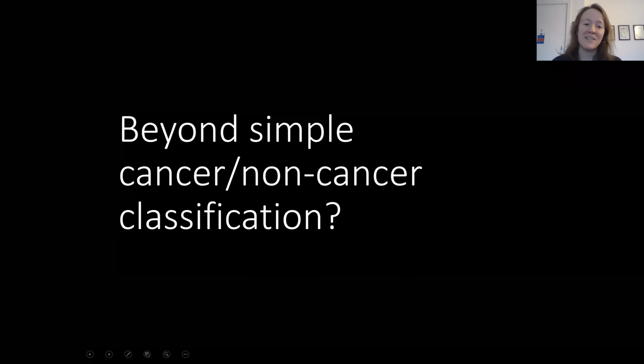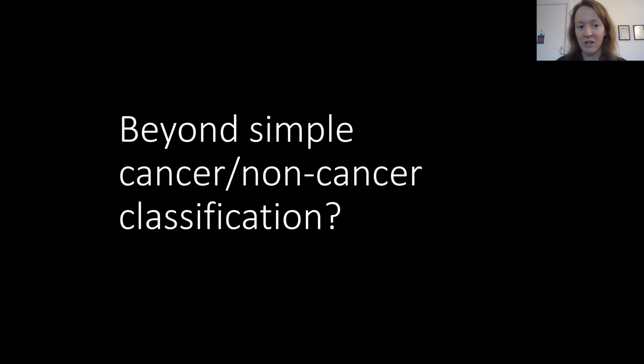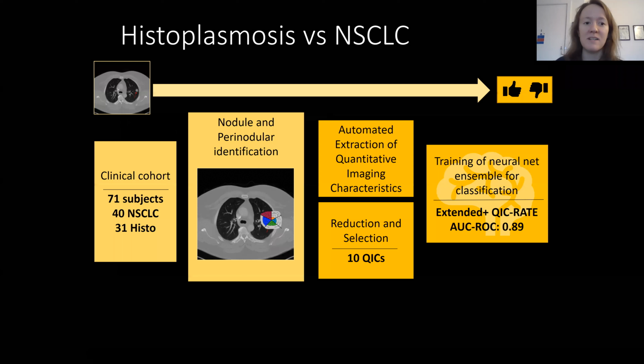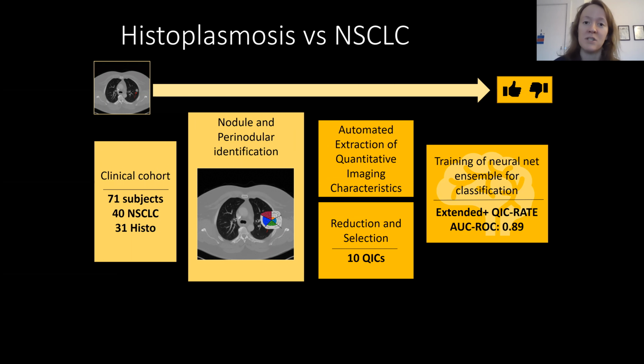Hi again. So let's talk about moving this machine learning beyond simple cancer, non-cancer classification into something a bit more disease specific. So how we did this in our cohort was looking at the fungal infection, histoplasmosis, versus non-small cell lung cancer. So looking at a specific type of benign disease that has often troubled radiologists because of the characteristics of the tumors or the bulbous masses that it can create in CT, really looks very suspect for non-small cell